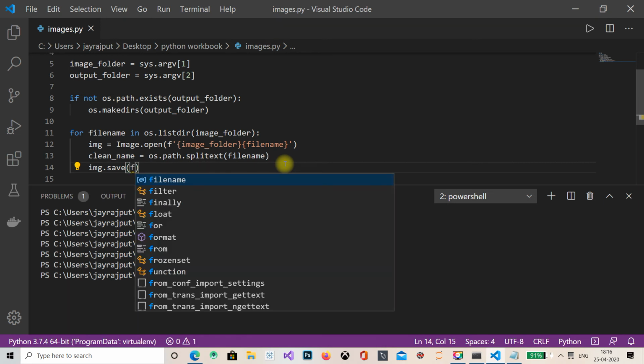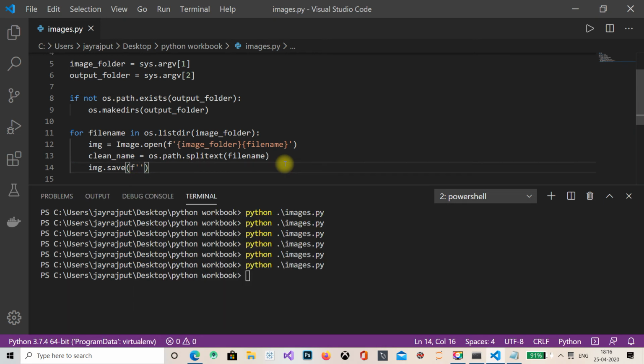I have talked about why I'm using f in my previous video. It's a .format kind of thing only. I'm saying it once again. Output_folder, and clean_name.